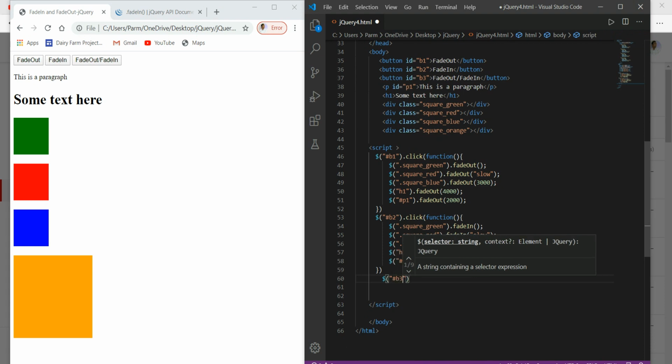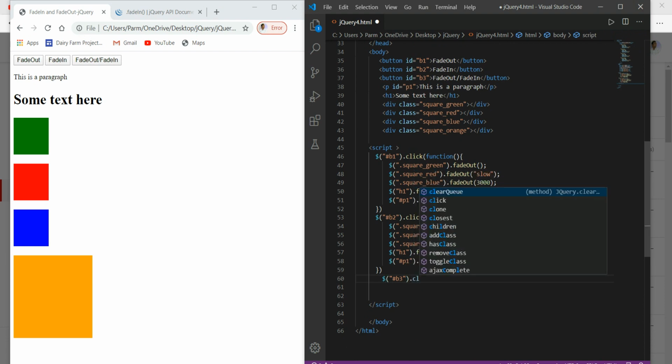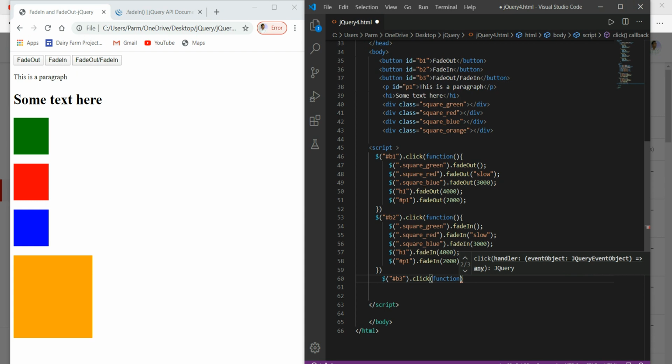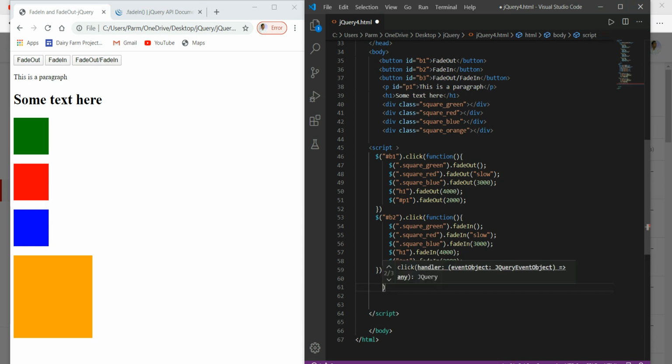The ID for this button is b3, and to this I will take the event as click and call the function, and here I have to write the body for this.